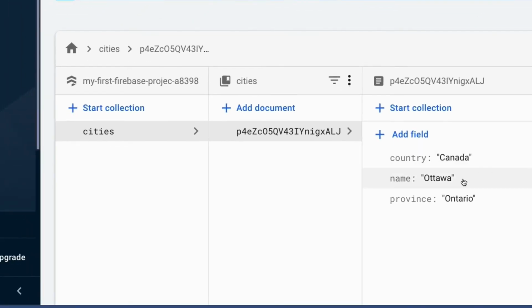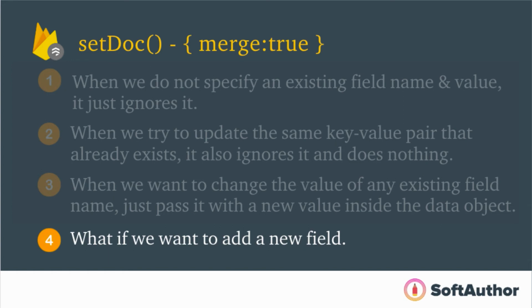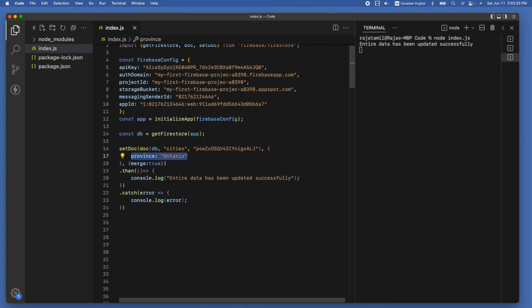and you can see the new value has been added with the existing field. The fourth scenario, what if we want to add a new field? In that case, all you have to do is simply add a key value pair inside the JavaScript object. So when the query runs, it